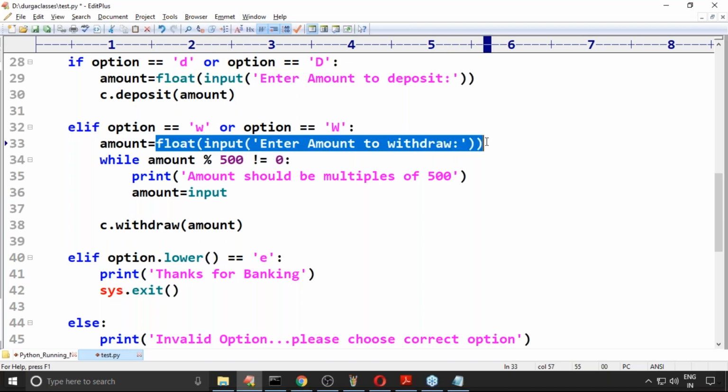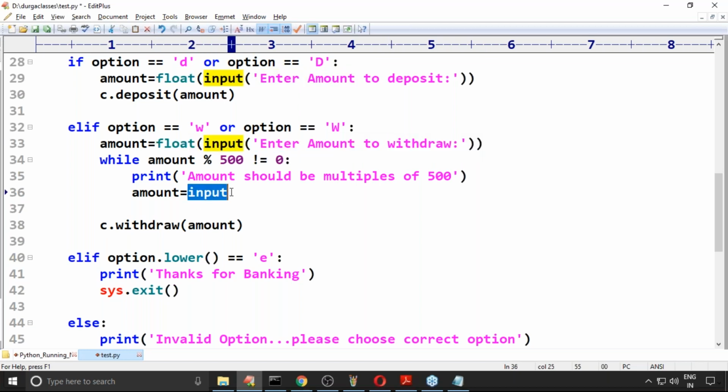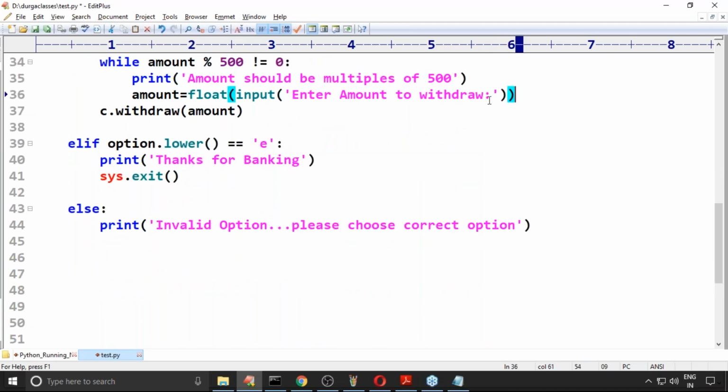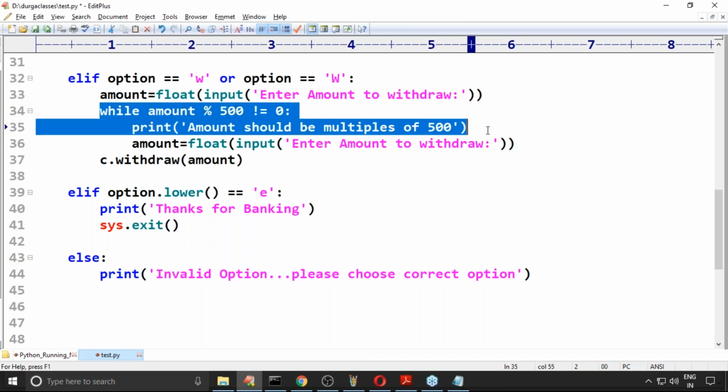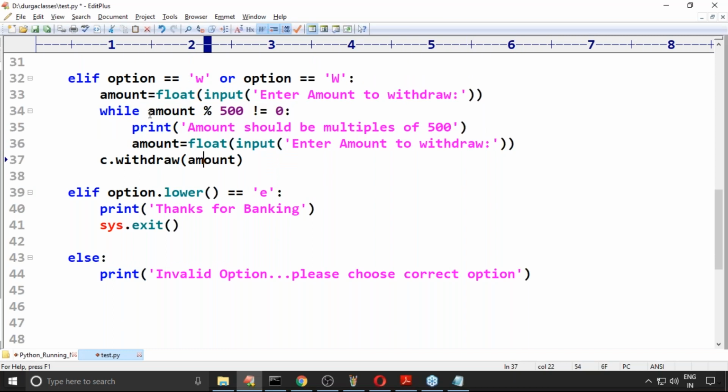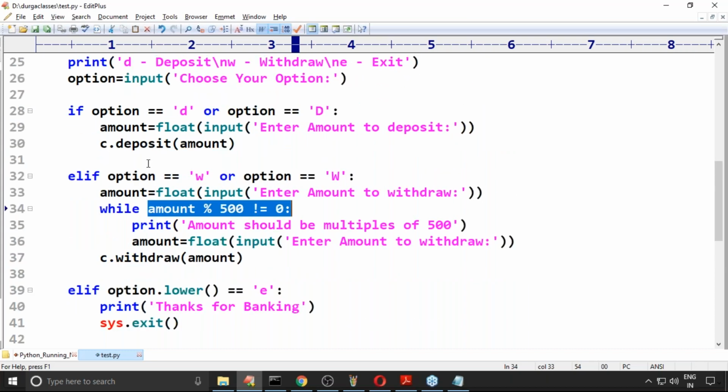I'm asking again. Just a small change, beyond that nothing, sir. Now how many times is this going to execute? If this condition is false, then only it will stop. When the entered amount is in terms of 500, that's a simple option.